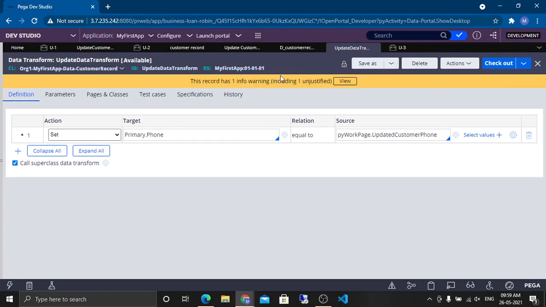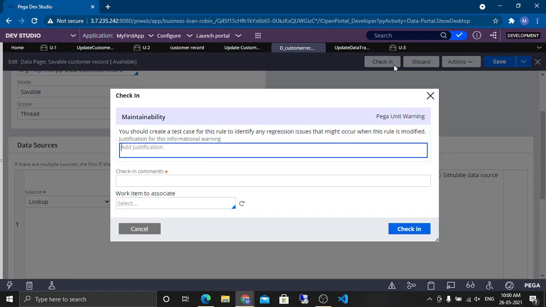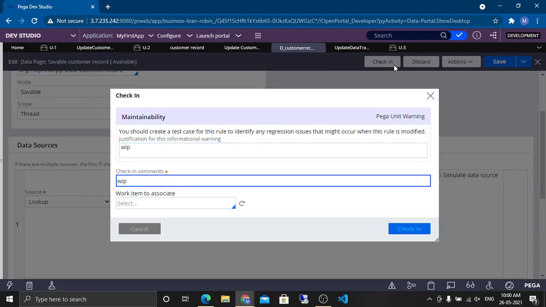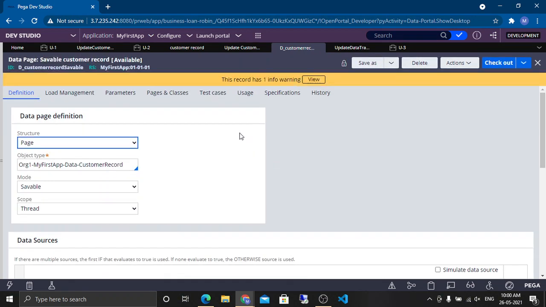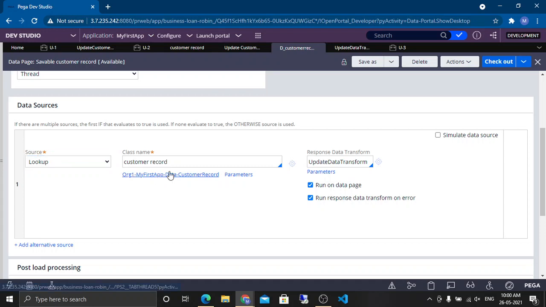Save. Data transform is saved. Save, and we have to do check-in. Work in progress, anything. So now what this configuration basically says is, whenever this is referenced, do a lookup on this table from a primary key, get the data.